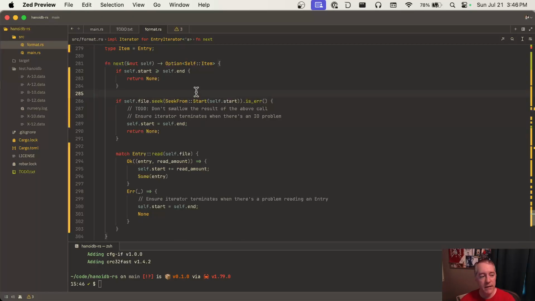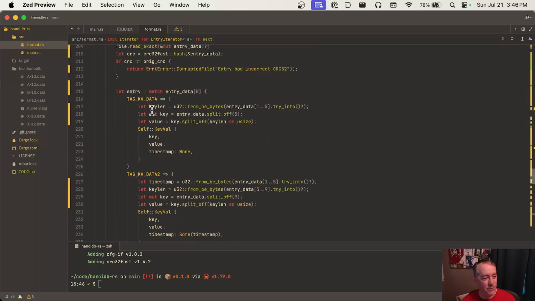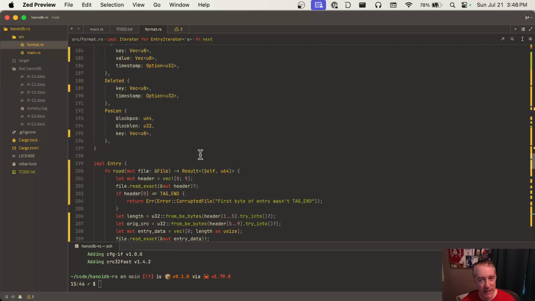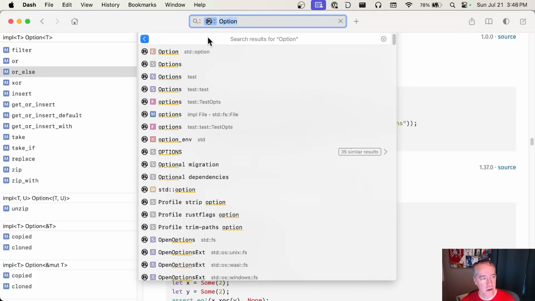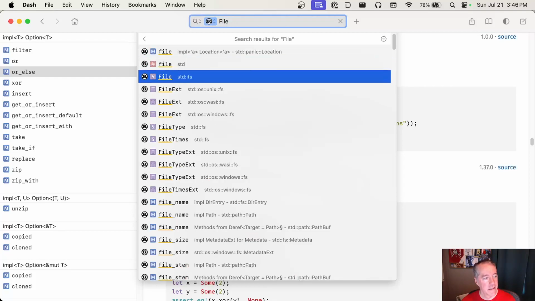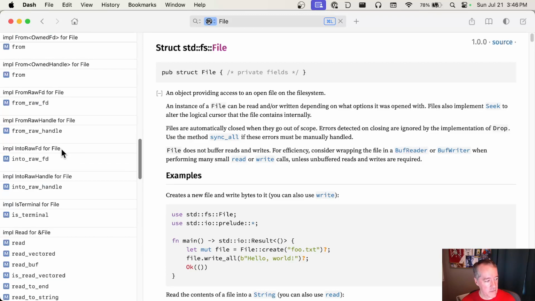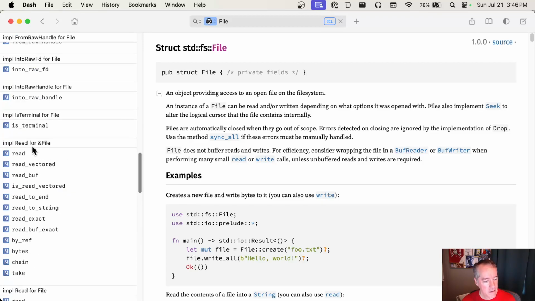That's why you can have a mutable thing, which is a reference to the file, and the file implements read and write and seek for references to the file. So it's that the